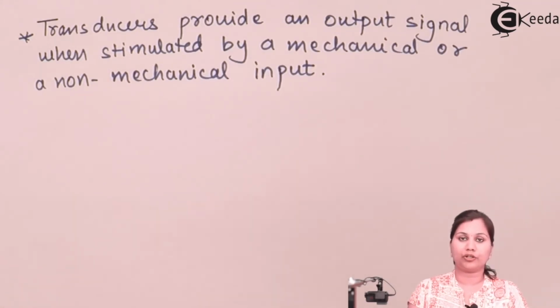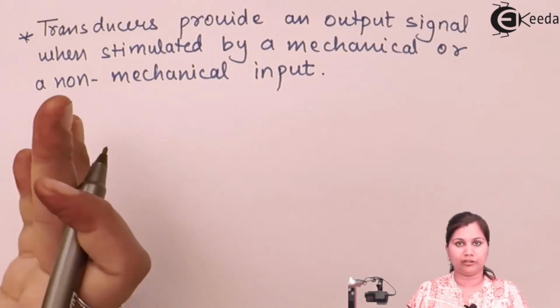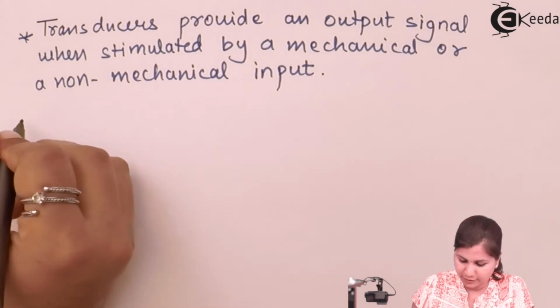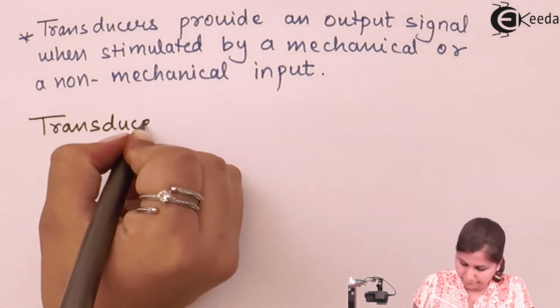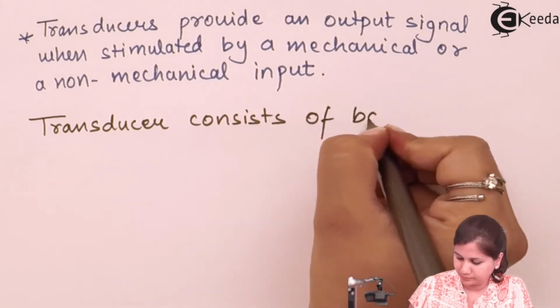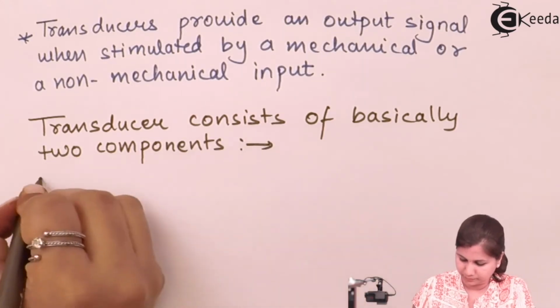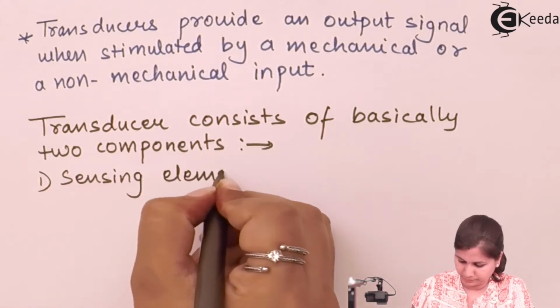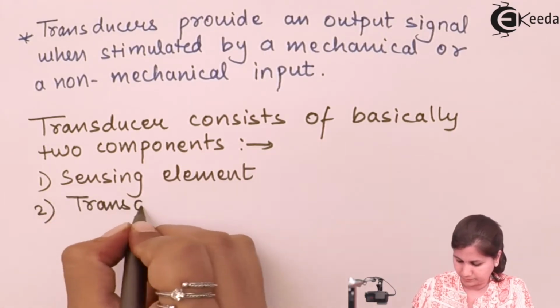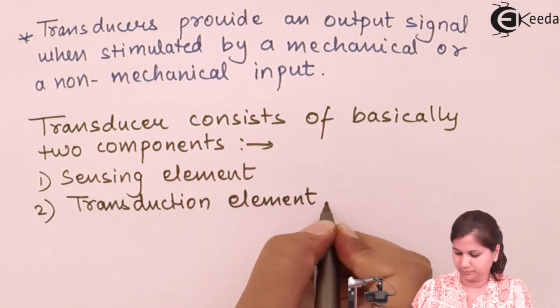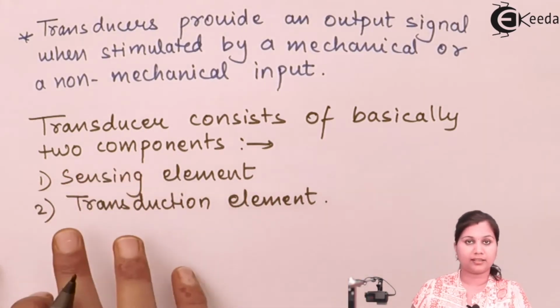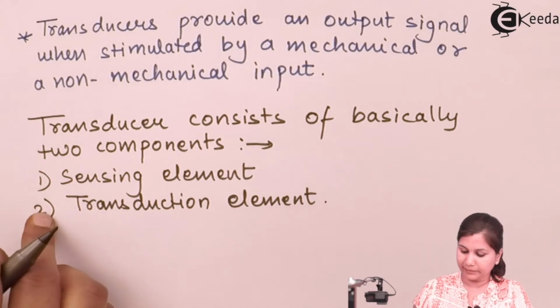That is the conversion of non-electrical into electrical. Okay. So, a transducer consists of two components, sensing element and transduction element. If we draw the block diagram of how a transducer can do the conversion in a measurement system,